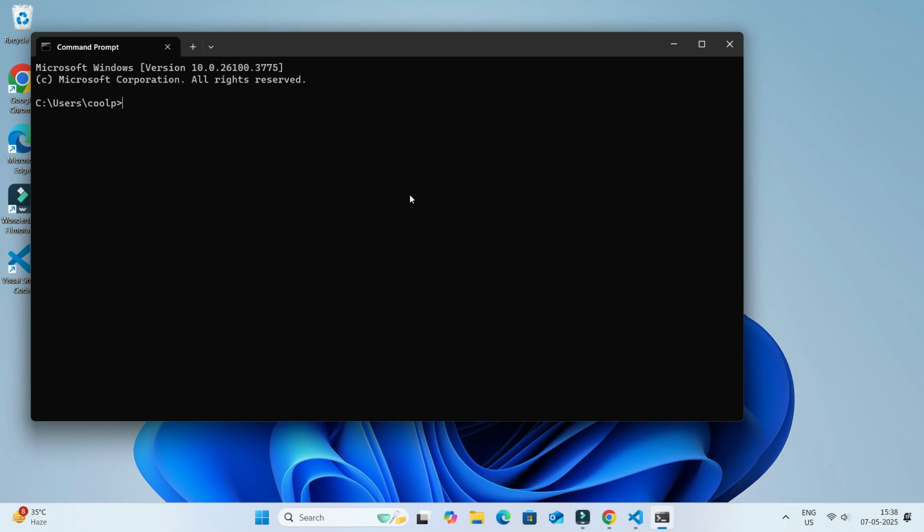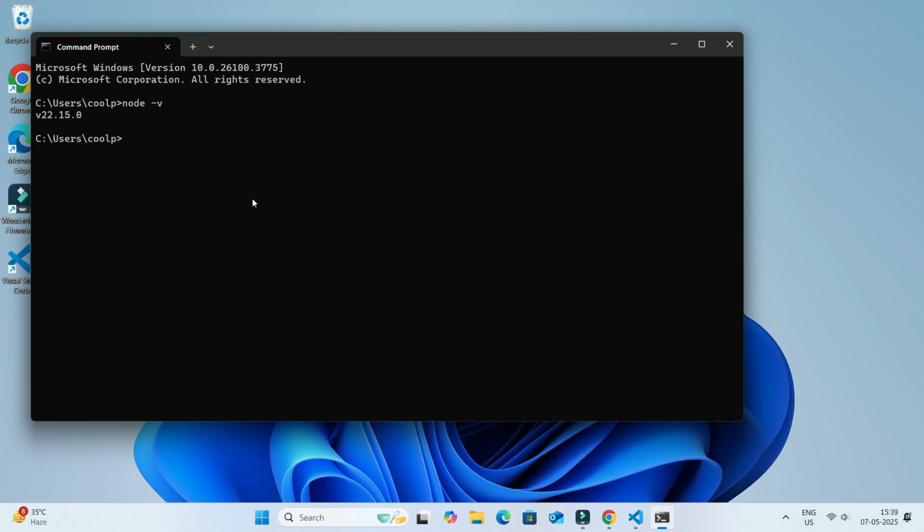Guys, right now you can see on my screen the command prompt has been opened on my computer, and here you have to simply type node, all in small letters, a space, dash v, to see its version. The moment you type node space dash v and hit the enter button, it will show you which version of Node.js has been installed on your computer. Right now it is showing v22.15.0, which means version 22.15.0 of Node.js has been installed on our computer. Guys, I have done this to verify that.